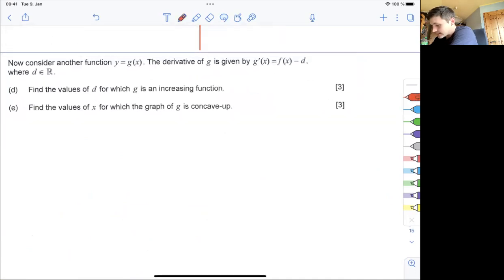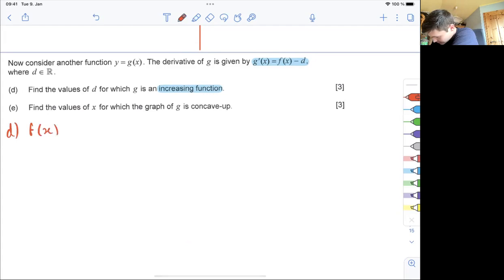Okay, lovely. So the gradient for g, which is given by this g dash x, is given by f(x) minus d. Now, in order to have an increasing function, we need the gradient for g, or the gradient for the function, to be positive. A positive gradient is an increasing function. And we figured out from before that if we look at